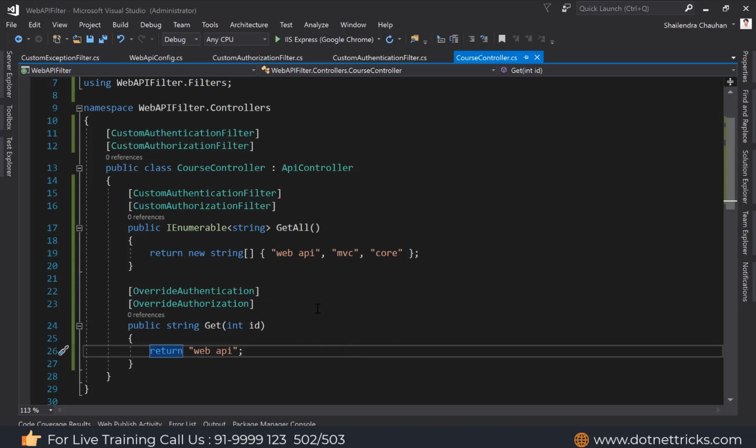This is how we can configure a filter globally, at controller level and at action level. In the upcoming classes you will see how we can create our custom authentication filter, authorization filter and action filter.